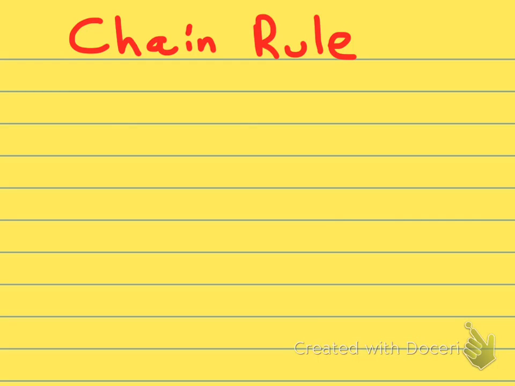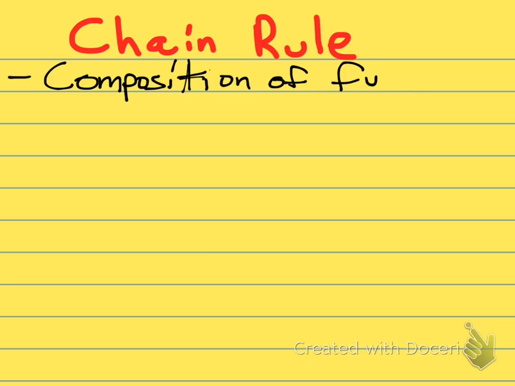Okay, today we are going to learn about the chain rule, which is used to take derivatives of a composition of functions. So a composition of functions. So what I mean by that is, let's take a look at our first example, which is